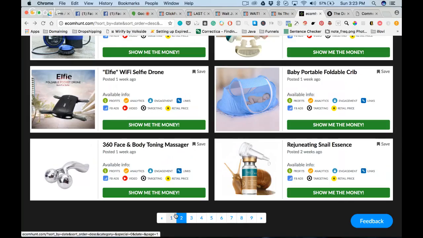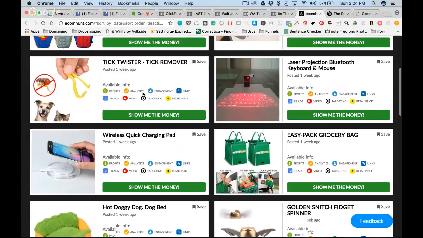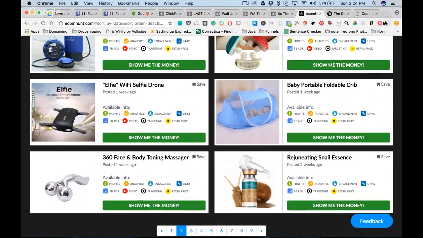So that's basically how I would find different products. It's really just doing research, looking at these products, but also looking at stores. Another tool that you can use is called Turbo Ad Finder. And basically what that does is it will turn your Facebook feed